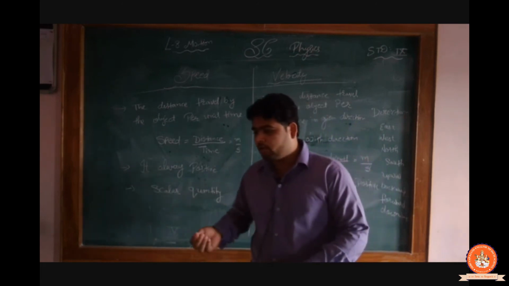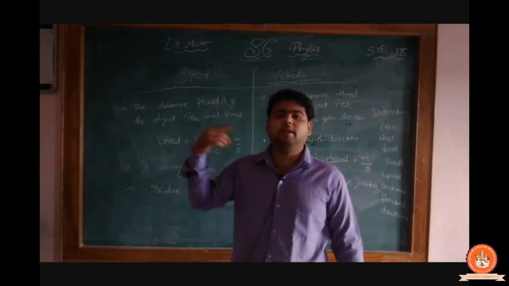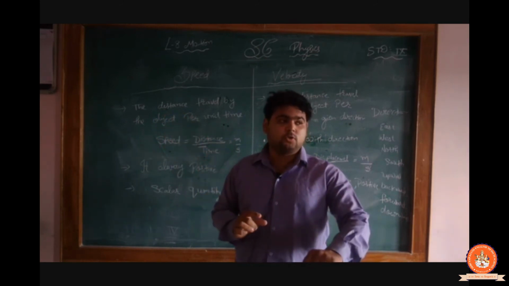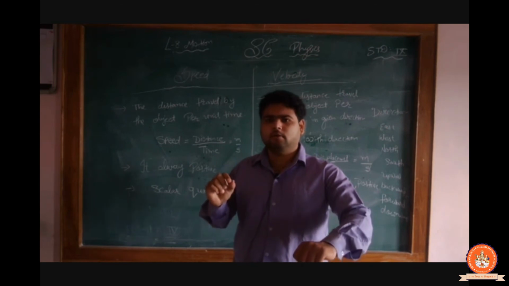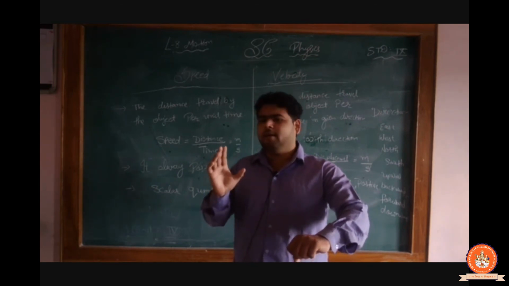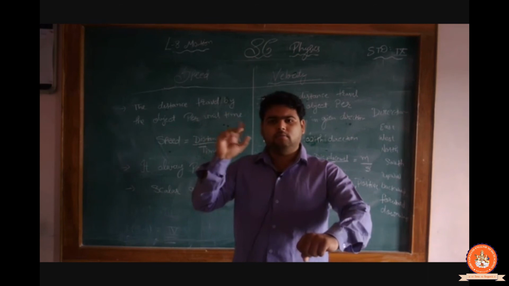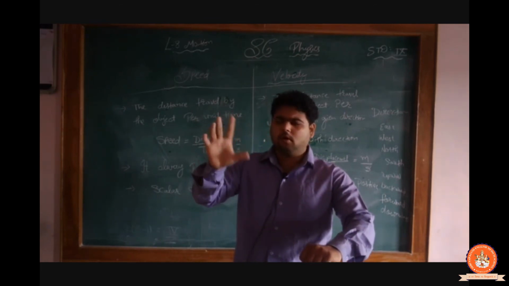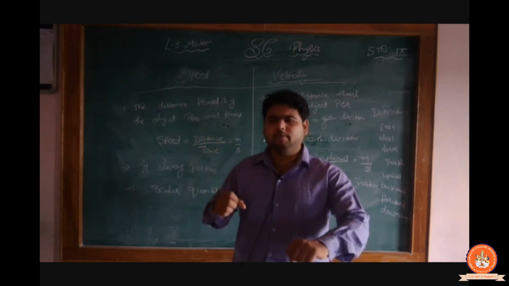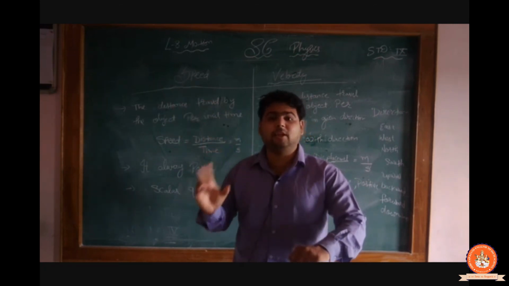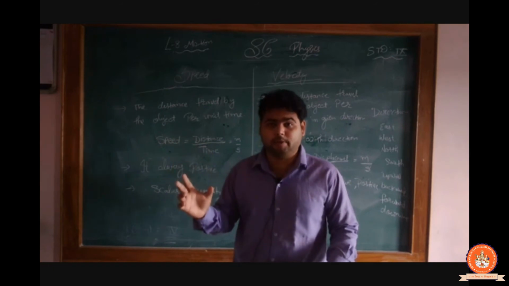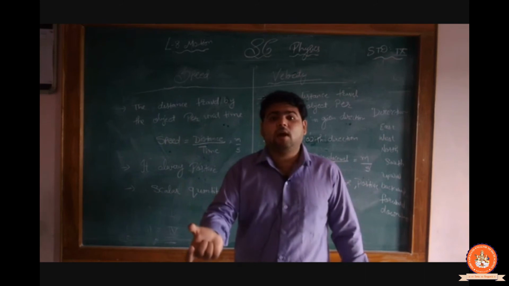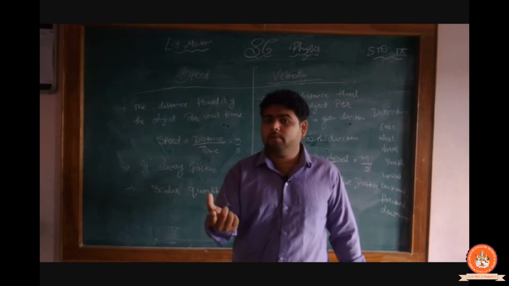If you think that we want to travel from here to anywhere, and it takes half an hour with 40 kilometers, or we can drive our bike at 20 kilometer per hour, or 40 kilometer per hour. Does it mean that in each and every hour we are driving at 40 kilometer per hour?